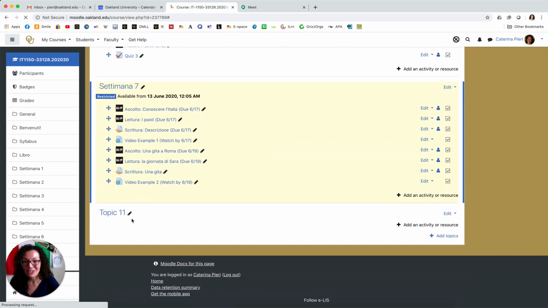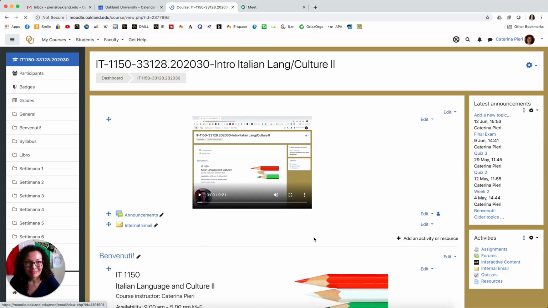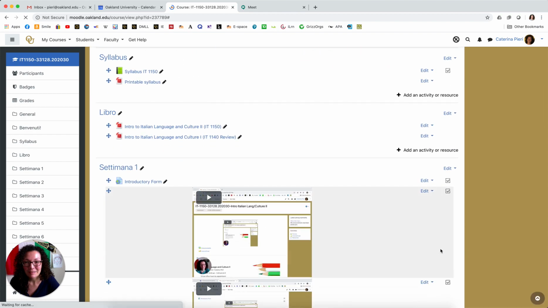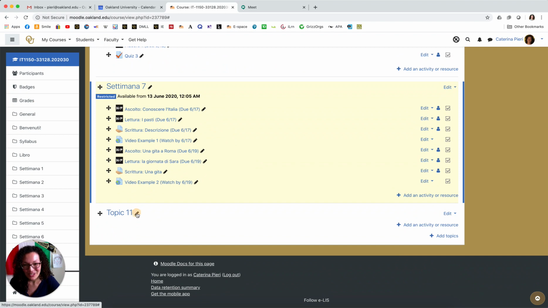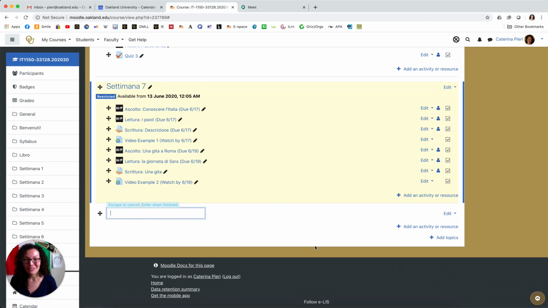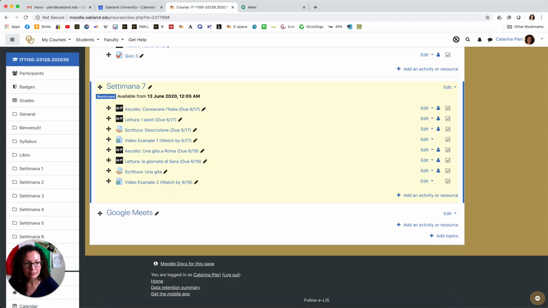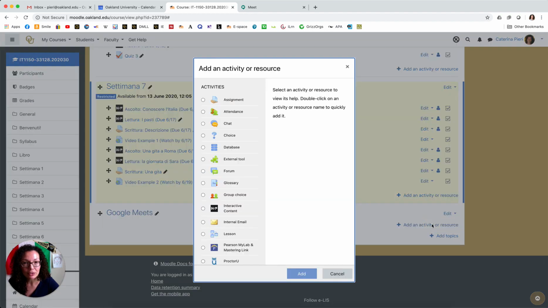Excuse me for scrolling. Sorry, it's still loading. Okay. So you can edit the title of your topic to Google Meets. Okay, enter. And then add an activity or resource.